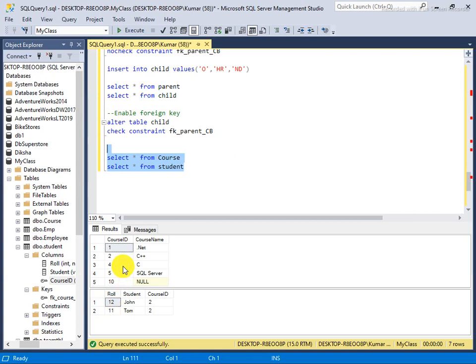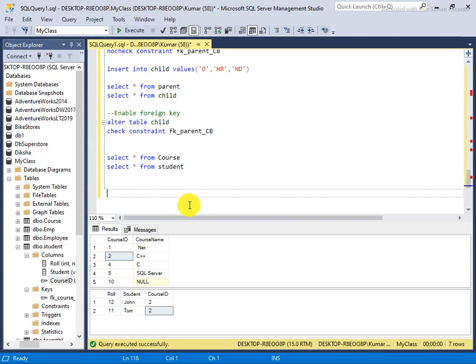Suppose, this is the course ID and this is the course ID being referred. So think again: in the parent table and the child table, I can't change it here, because it will always check from here. What happens if I try to change the course ID here, which is 2, and try to delete or update it? Will it allow or not? See here, it will not allow.